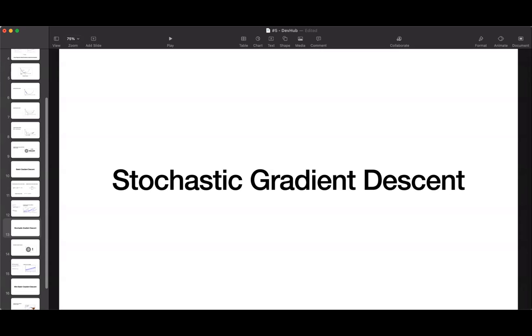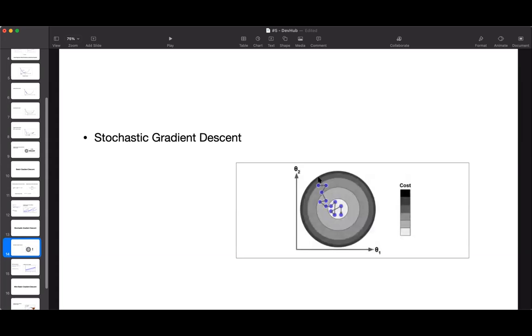Another thing which would happen here is that, on the other hand, due to its stochastic or random nature, this algorithm is much less regular than the batch gradient descent. Instead of gently decreasing, until it reaches the minimum, the cost function will very randomly bounce up and down. I'll just show you a picture. See the learning steps, you can see it is very random, in a zigzag manner. Why does it happen?